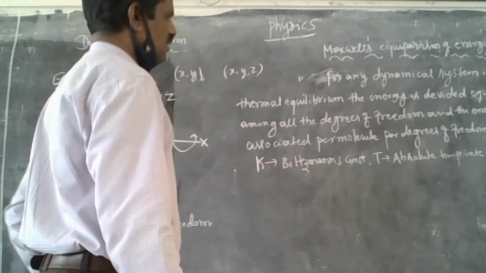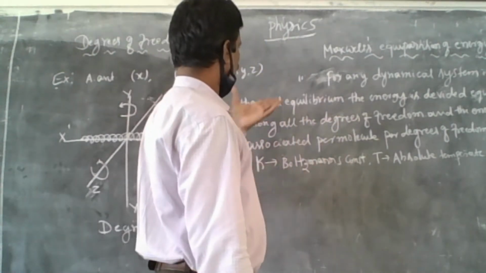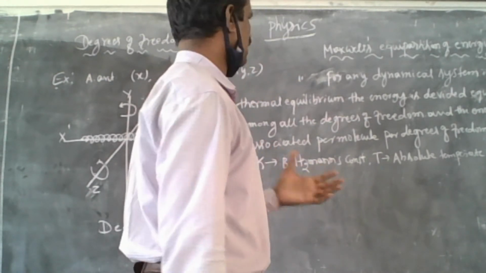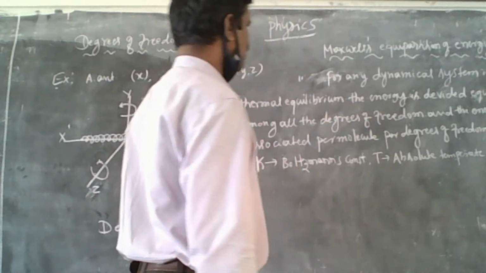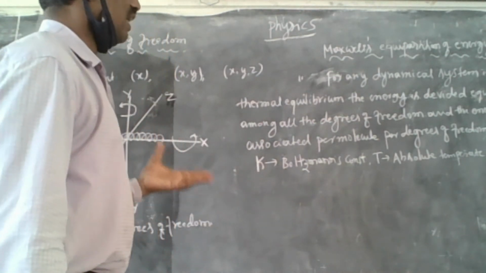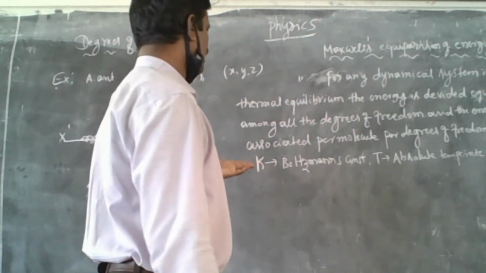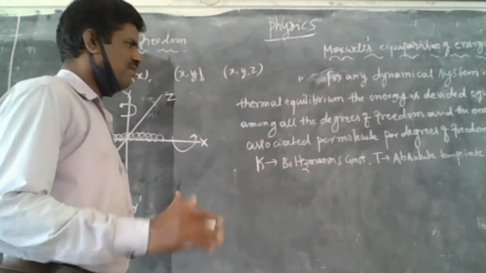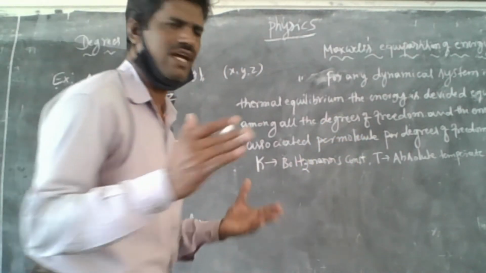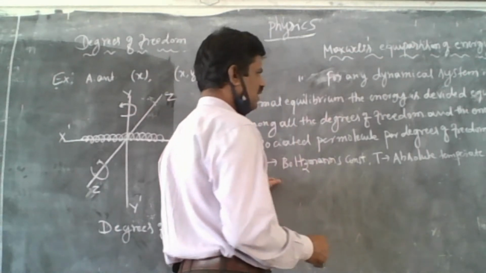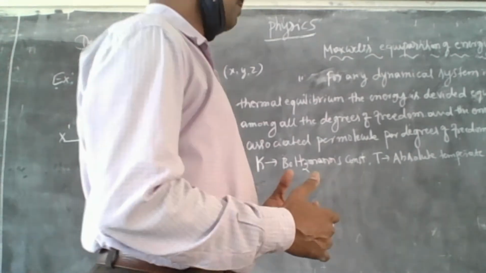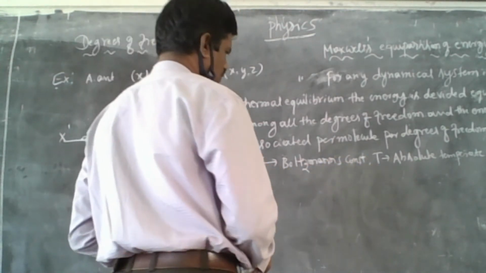Now once again we have to read the definition of Maxwell's equipartition of energy. For any dynamical system in thermal equilibrium, the energy is divided equally among all the degrees of freedom, and the energy associated per molecule per degree of freedom is 1/2 kT, where k is Boltzmann's constant and T is the absolute temperature. Therefore,